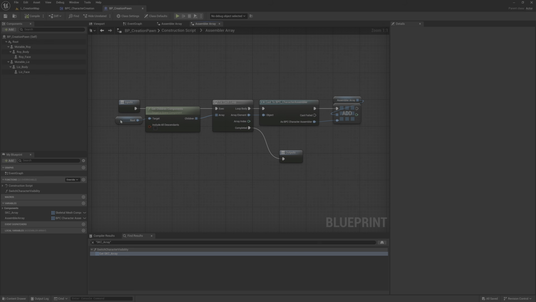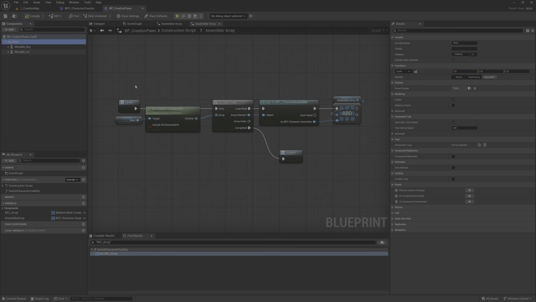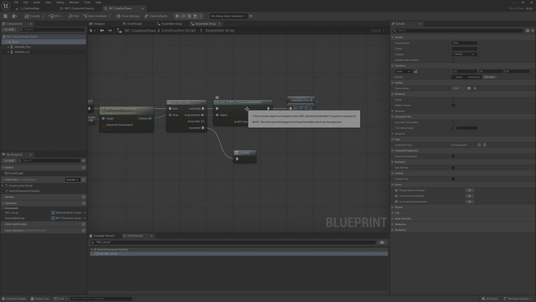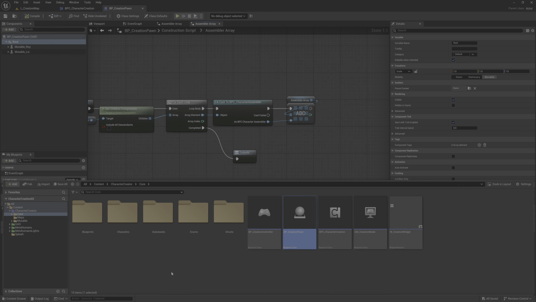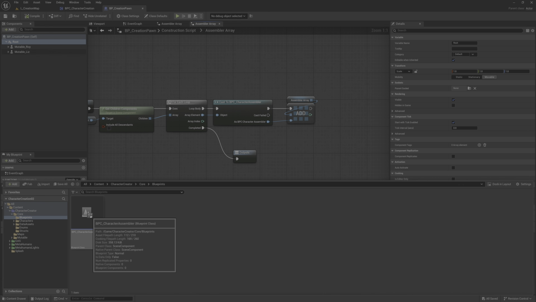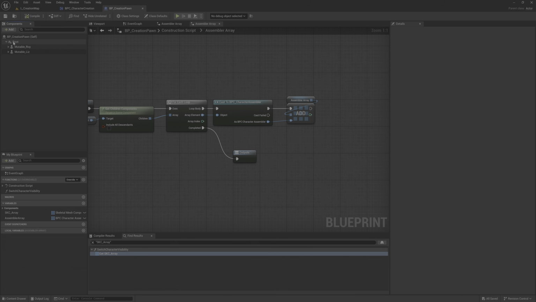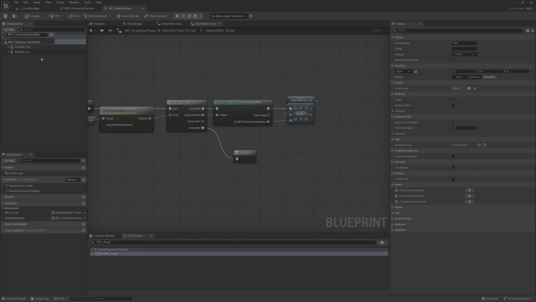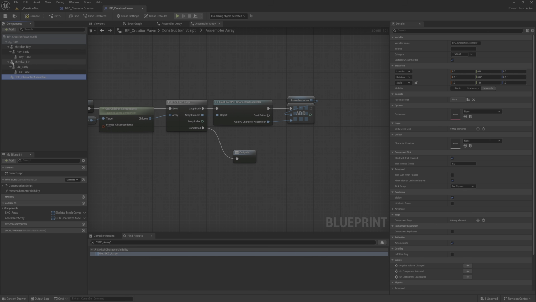And what I do is check the root for all the children components, and I select those that are of the same type of VPC character assembler, which is this thing here, which is something that basically, let me show you, replaces all this setup.